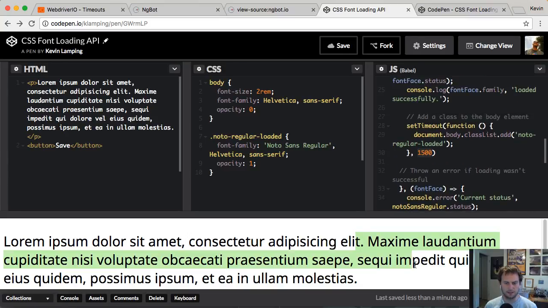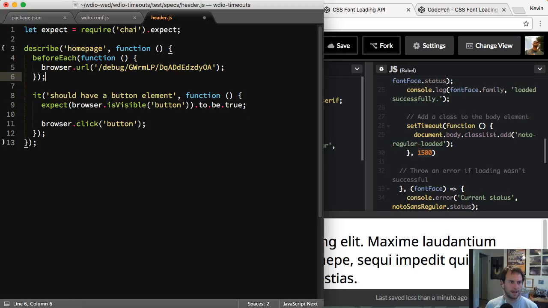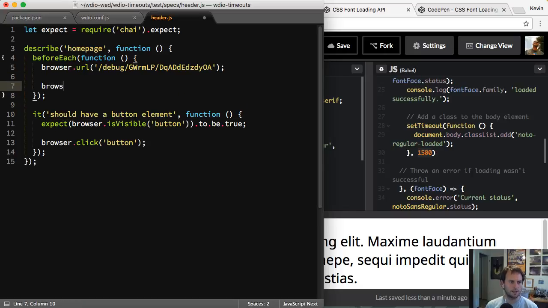So waiting that long can be an issue. Instead, we kind of want to say, I want to wait until this class name is loaded on my body tag, and then I want to go forward with all my stuff. So I'm going to get rid of that, and then I'm in here. I'm going to say browser.wait